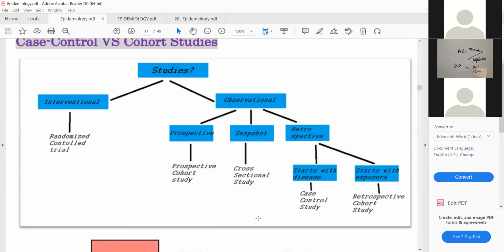Interventional studies is studies we only observe patients. And placebo